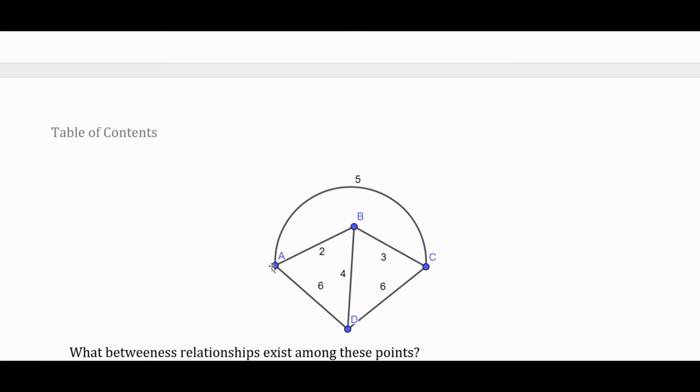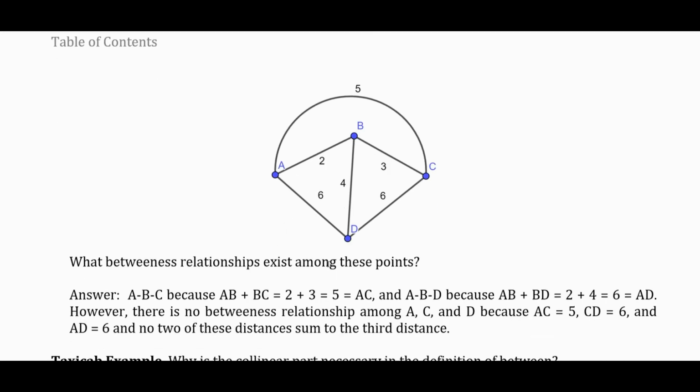Okay, hopefully you've looked at this and see what we got. Well, let's see. Notice that from A to B is 2, and from B to C is 3, and from A to C is 5. So B is between A and C. These two distances add up to that. But really, that's the only betweenness relationship we have. No, we have one more here. B is also between A and D,